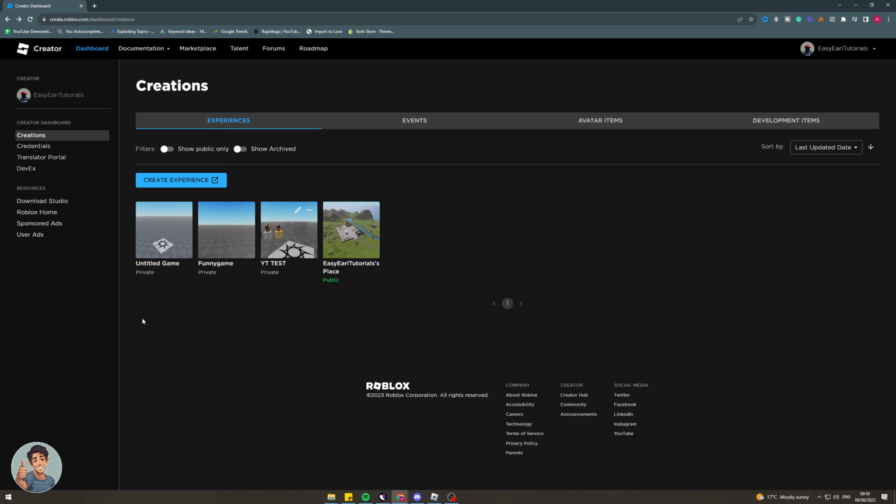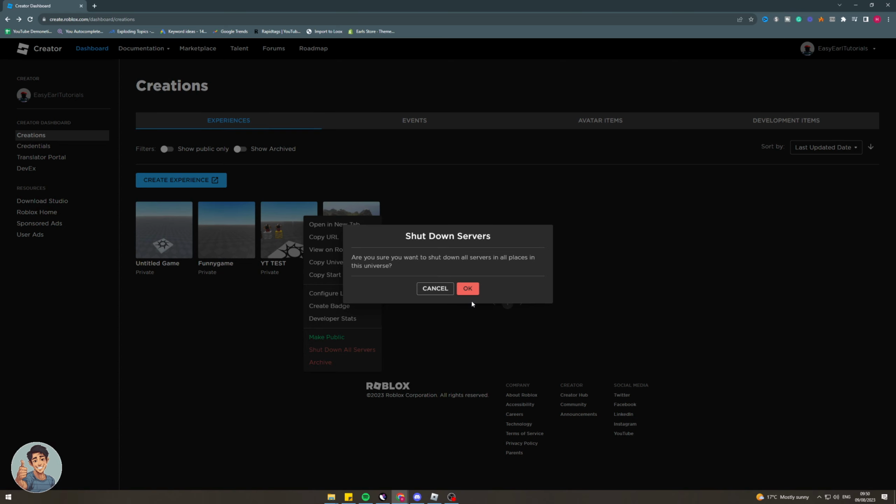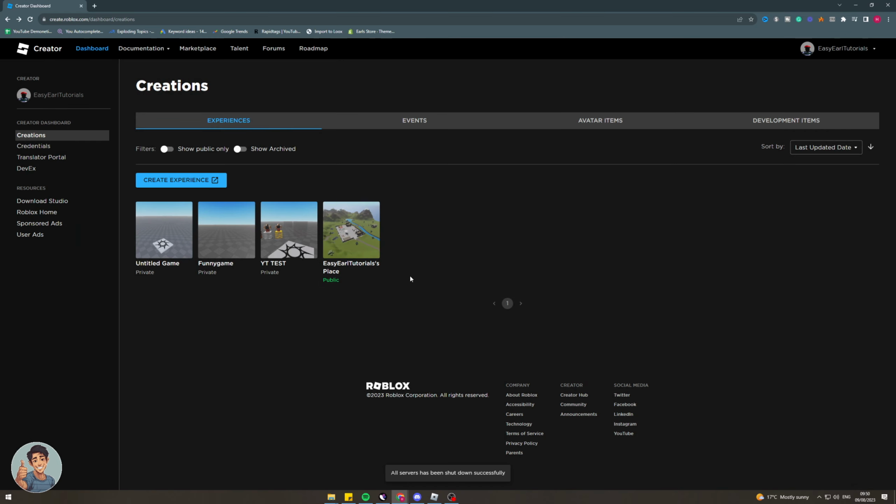I'll show you them. The first thing you need to do is go to shut down all servers. So click on that. Are you sure you want to shut down all servers for this? Press OK. So boom, the servers have now been shut down for it. And you have to do that first. Make sure that it is private before you go into it. Next, what you need to do is go down, press archive,